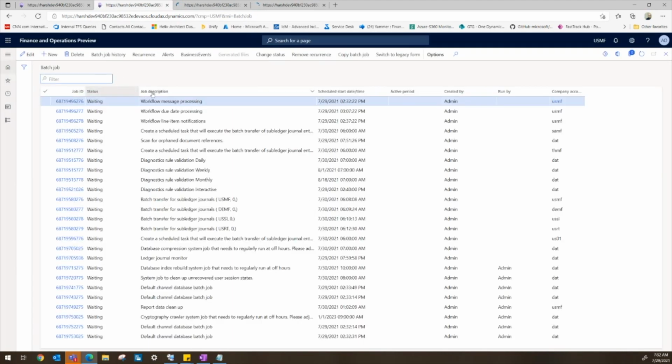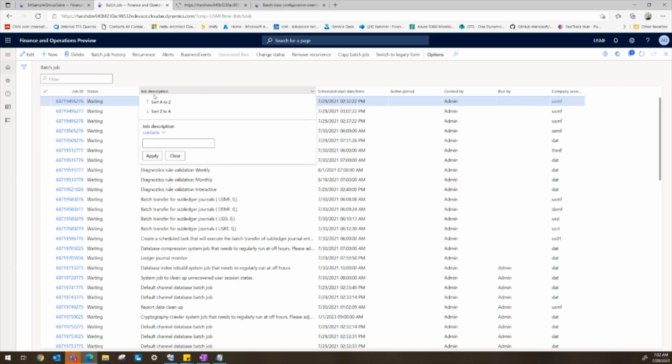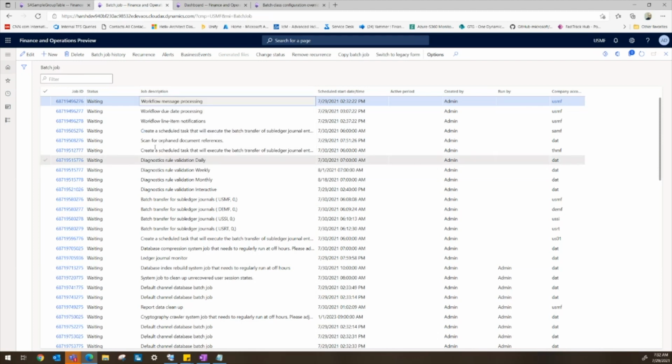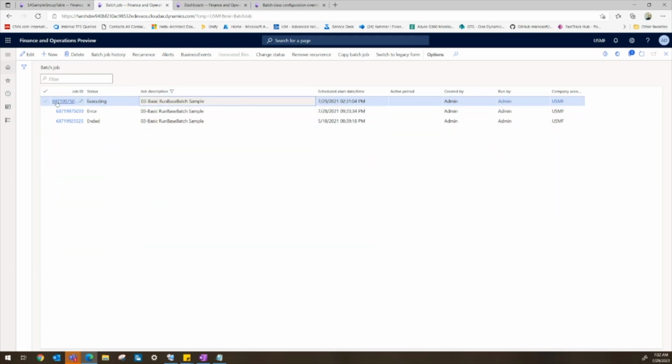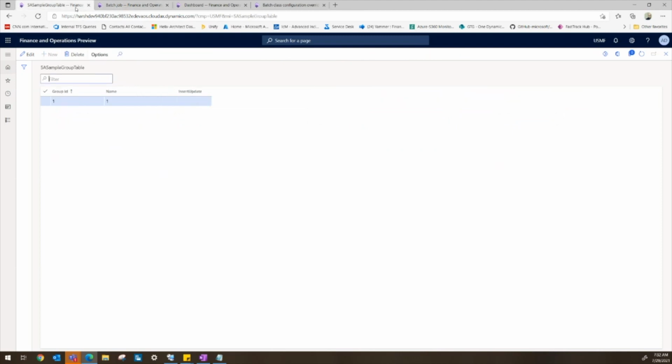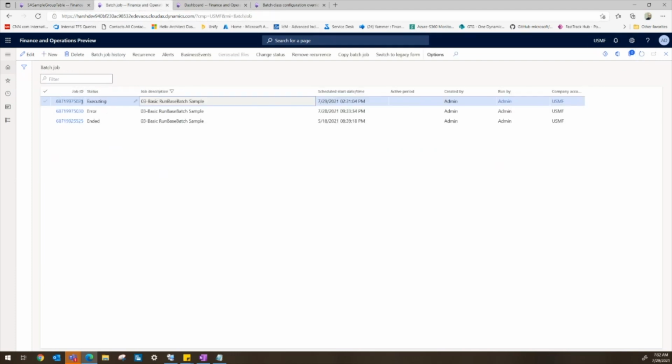So this time, the batch job should be in executing state, because the batch retry should kick in. That's what we would expect. So currently this is executing. In case of a SQL connection issue as well, it didn't end with error, and it will continue executing my logic. So you see it will continue inserting records in this table.